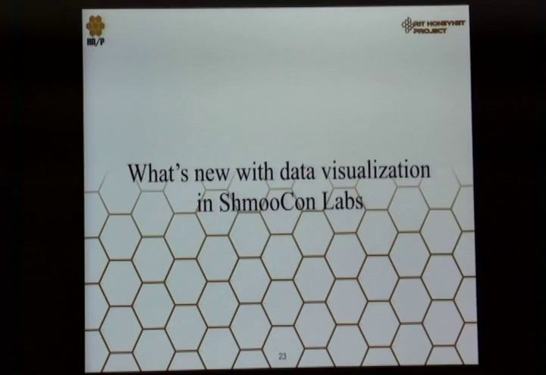So what's new with data visualization? Originally I was going to have what I've been working on running in labs. Unfortunately, the laptop I had there wouldn't cooperate, or more like Ruby wouldn't cooperate, and so I couldn't get some of the programs running in time. So you guys get to see it here instead.